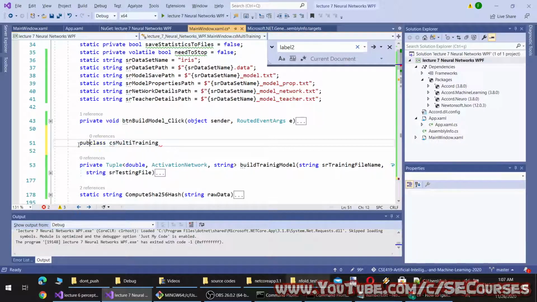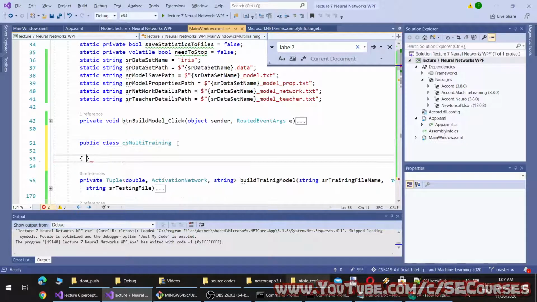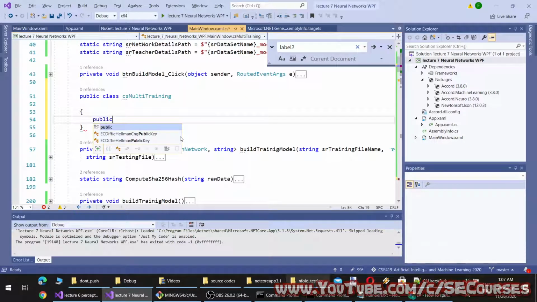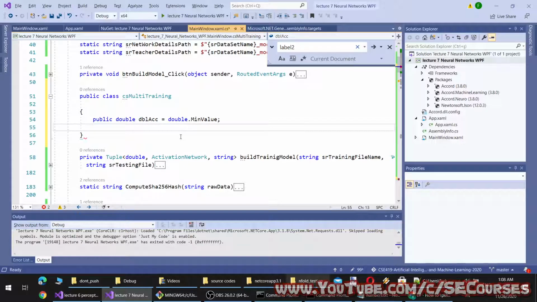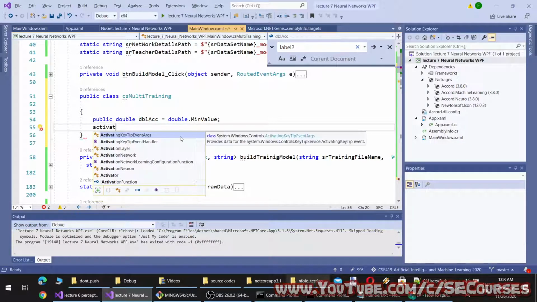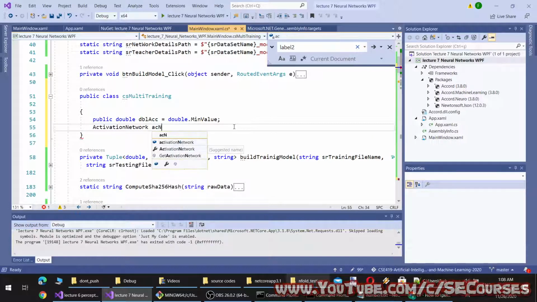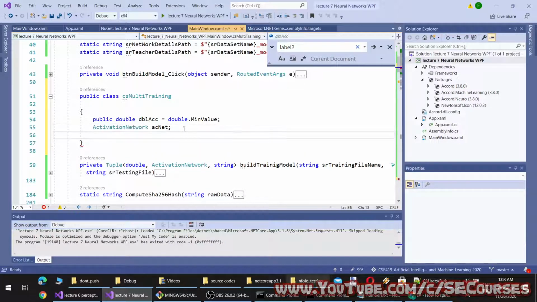Let's make this public. And this will have public double accuracy, double mean, activation, network IGNet, and our prop text equal to null.